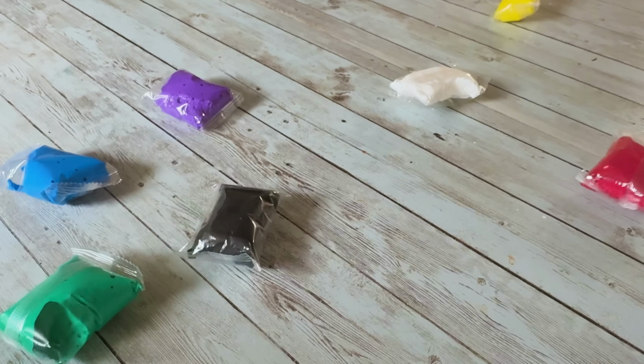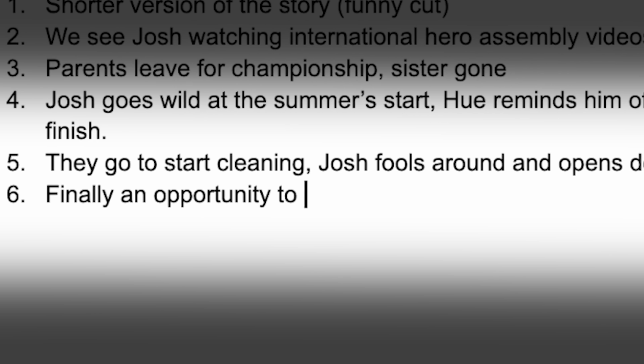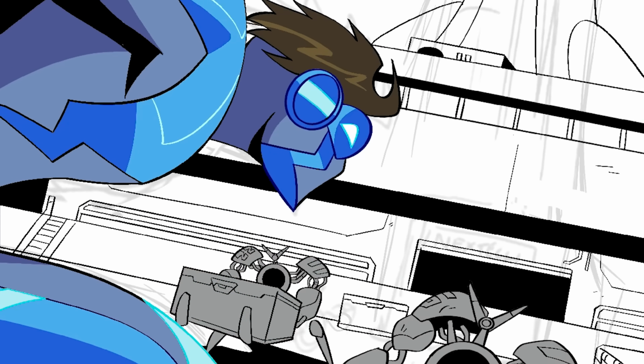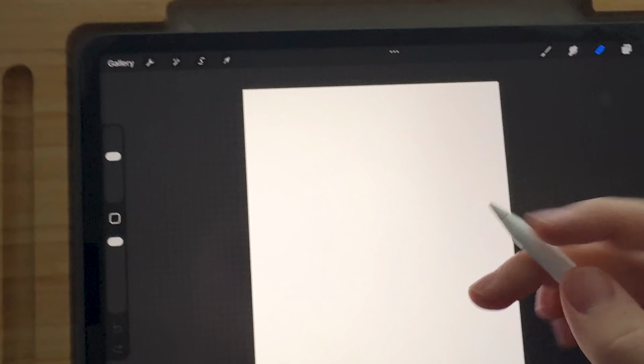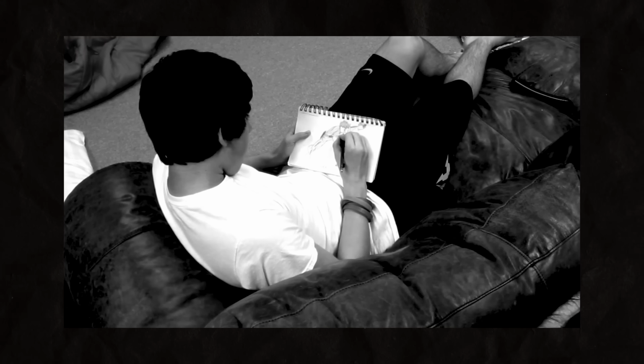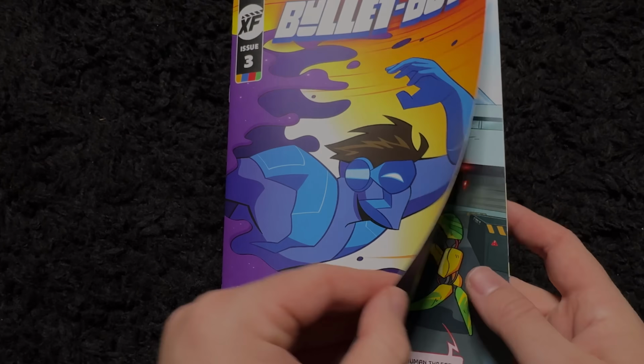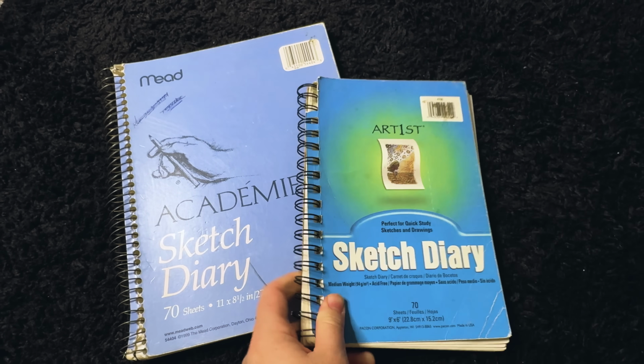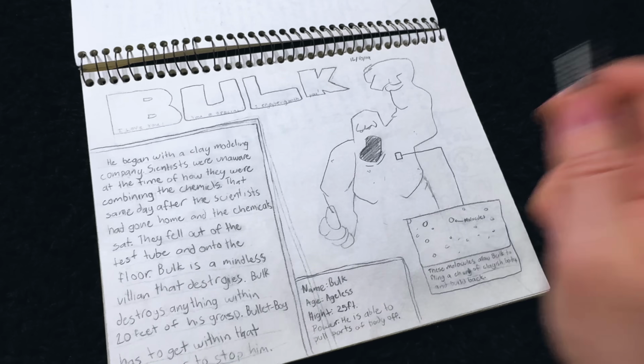So I'm gonna start by fully reimagining this villain, then write a brand new story, and draw every single page, to see if I can tell a better Bullet Boy story now than I ever could back then. Did I really come up with all my best ideas as a kid, or will I be able to make something even better? Let's find out by starting with what 12-year-old me had in mind for the villain.